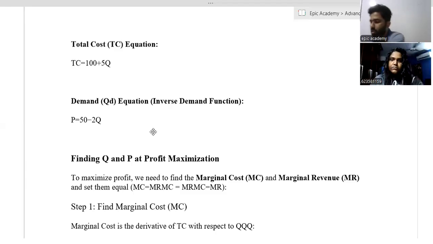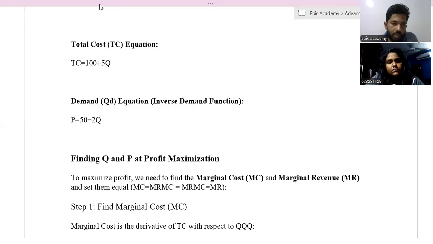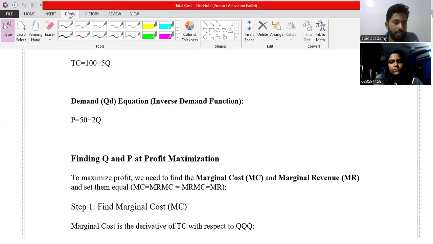About how we can calculate the exchanging quantity, I mean Q, and exchanging price, I mean we call it an equilibrium price, when you have a given total cost equation and demand equation. So when you have a cost equation like this one, this type of total cost curve represents